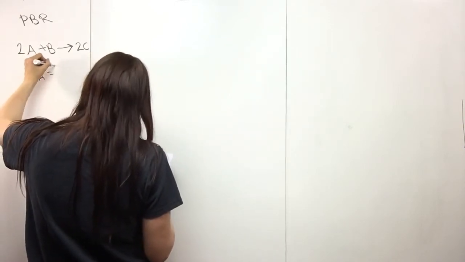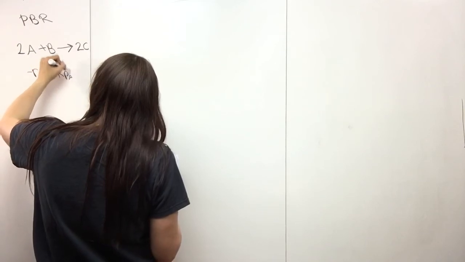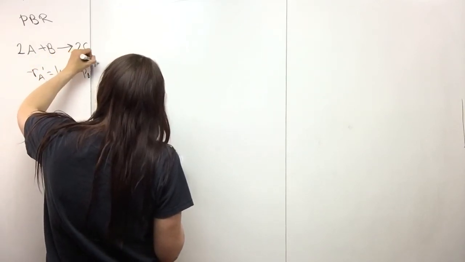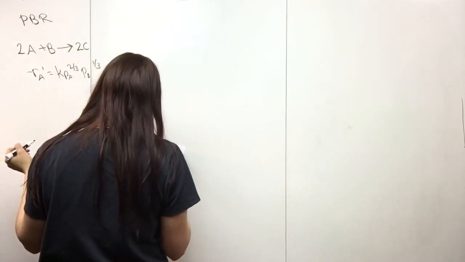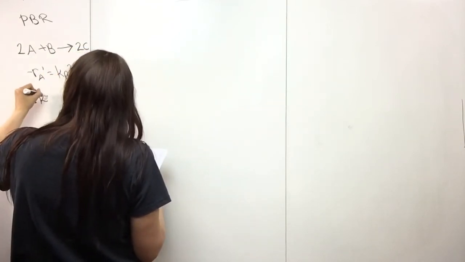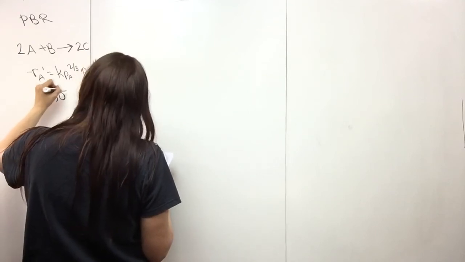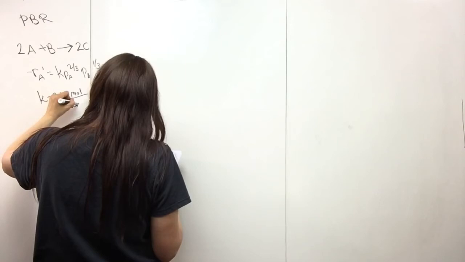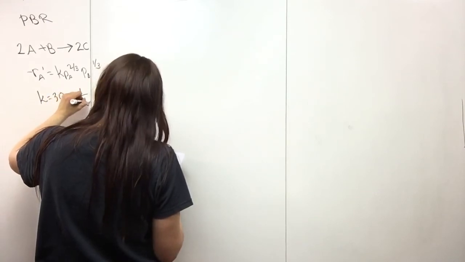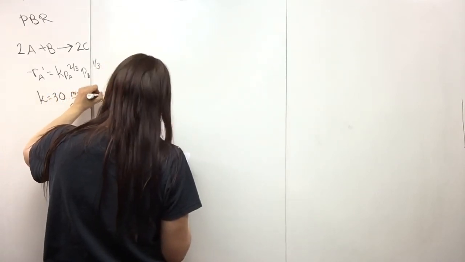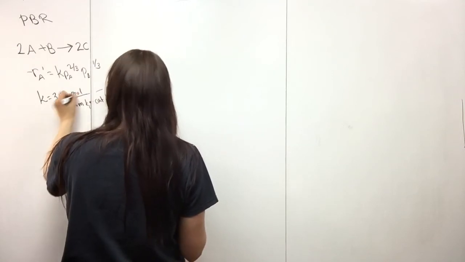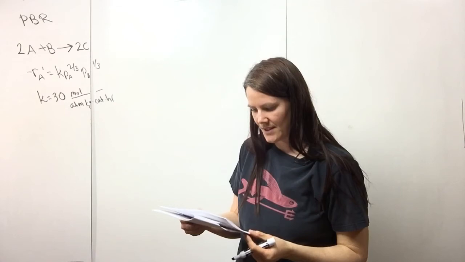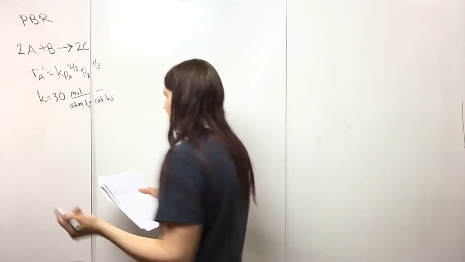Ra prime is equal to K Pa to the 2/3 Pb to the 1/3. And then it gives you K is equal to 30, and that's mole ATM per kilogram of catalyst per hour. And then it says A and B are fed in stoichiometric proportions, so